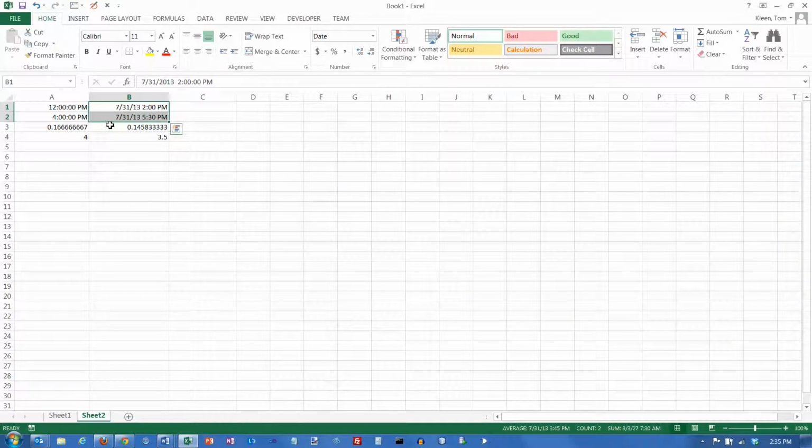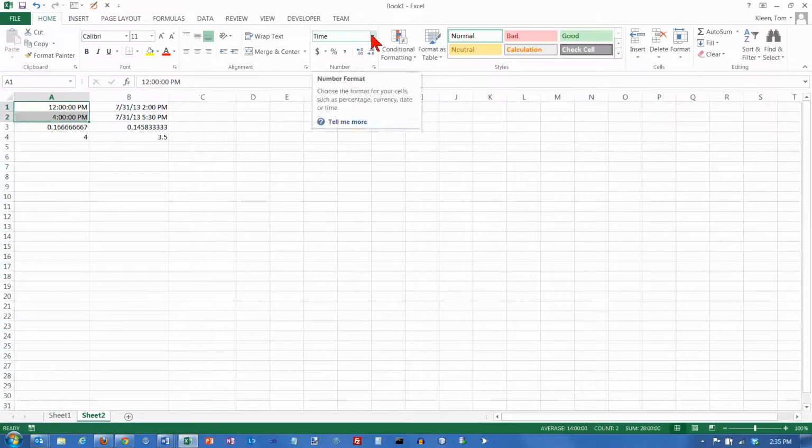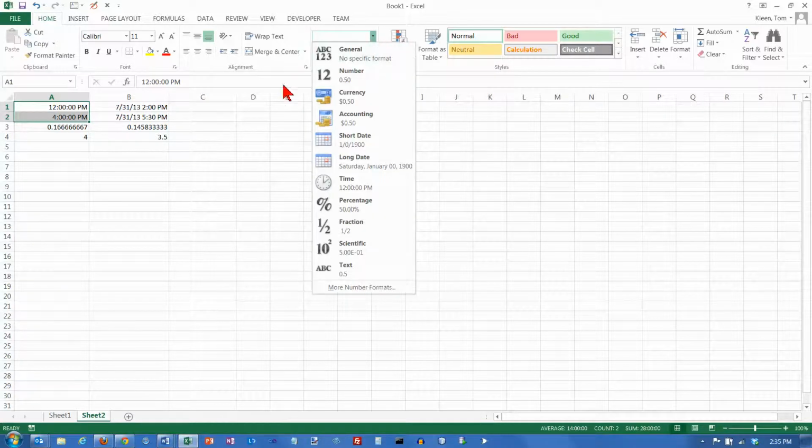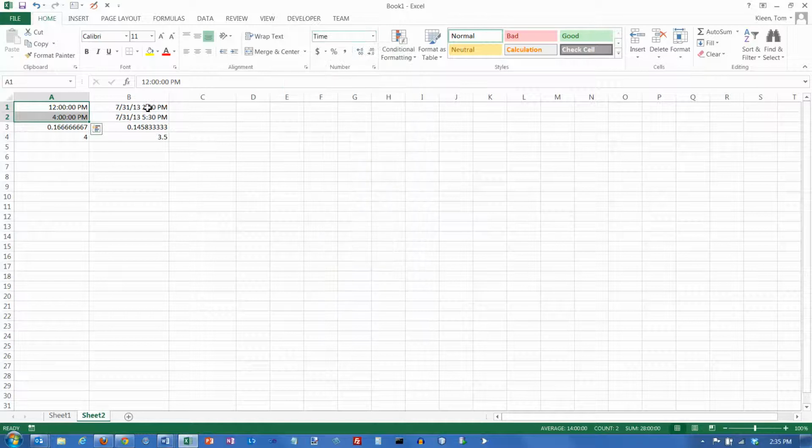There we go. But I'm guessing that most of the time you're just going to enter times like this. Now, something kind of interesting happens here. Let's take our format painter, click on the paintbrush and then drag it over these two. This was formatted with a date, so it tries to put a date on here. Well, the serial number was 0,